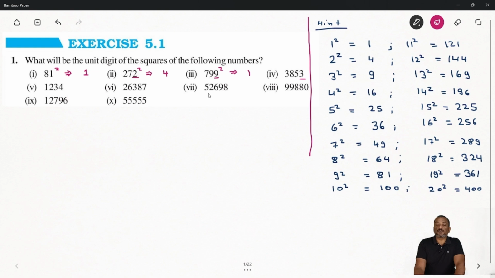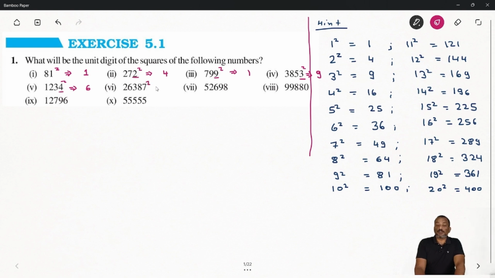सेम आपका फोर्थ वन है 3853 तो इसका यूनिट प्लेस पे 3 है तो इसके स्क्वायर प्लेस पे 9 आएगा, ठीक है। होप यू गेटिंग। नाउ नेक्स्ट बात करें 1234 है तो इसके यूनिट प्लेस पे 4 है तो इसके स्क्वायर नंबर पे 6 आएगा, ठीक है। क्योंकि 4 किसी के यूनिट प्लेस पे रहेगा तो उसके स्क्वायर नंबर पे 6 आएगा।